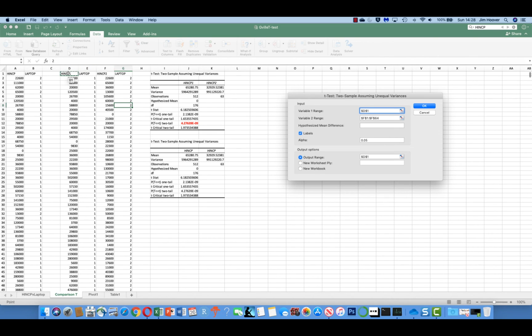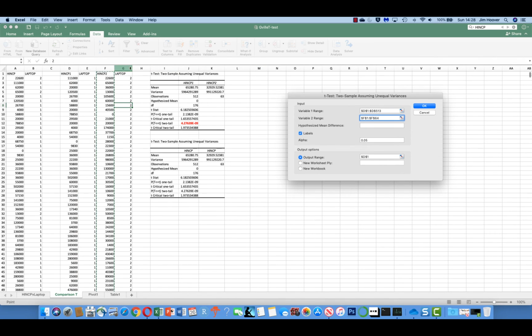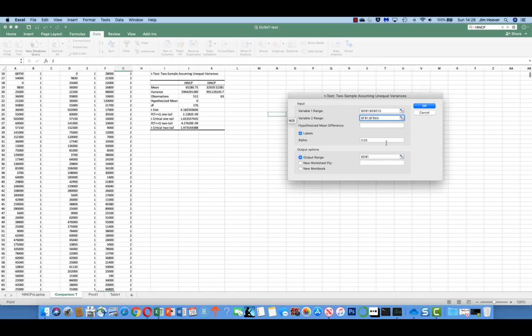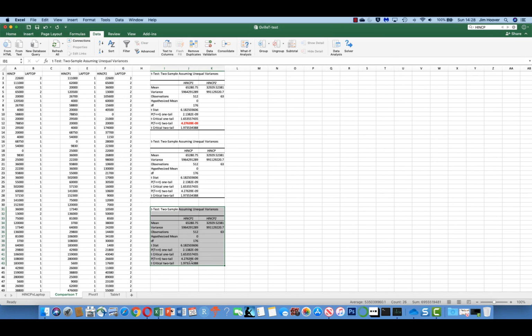putting my cursor here, Shift Command down arrow selects everything in that column. And doing the same thing for this, put my cursor here, do Shift Command down arrow, selects everything. Then I want to be sure labels is selected. Then I want to tell it where to put the output, which I'm going to put right here. Click OK. And it does the